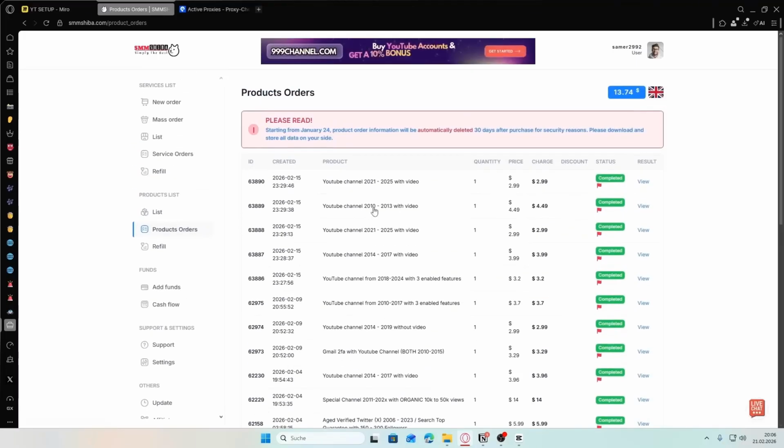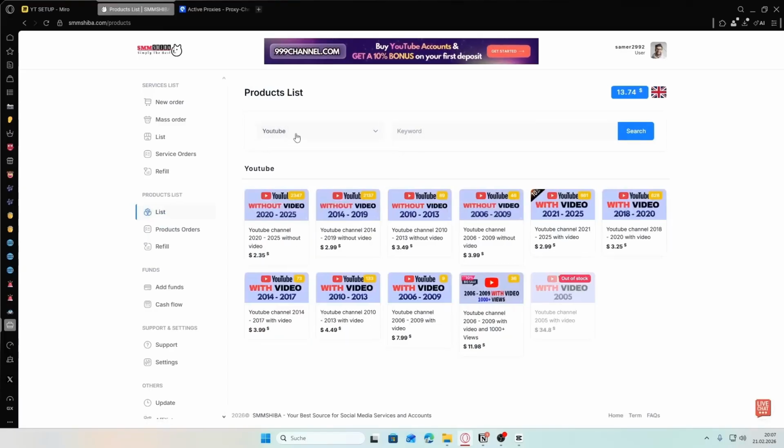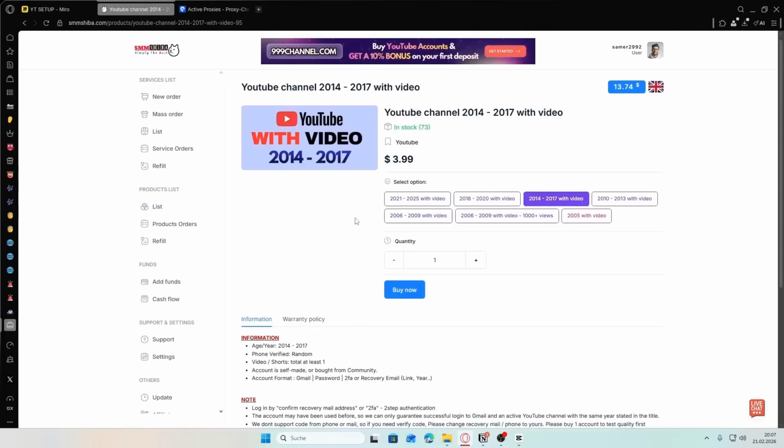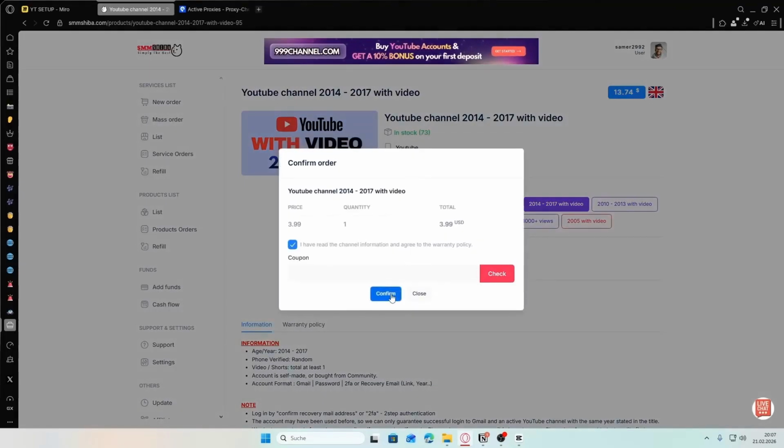Alright, so I'm currently at my dashboard on smmshiba.com, and do not get confused by the website names. SMMShiba and SMMDodge are actually the same website. So all you have to do once you've created yourself an account here is to go on list, click on this category icon, select, and here you want to select basically any option that says from with video. So I'm going to choose this one right here, and this should be already fine. 2014, 2017, yeah. Now I'm going to click on buy, confirm,